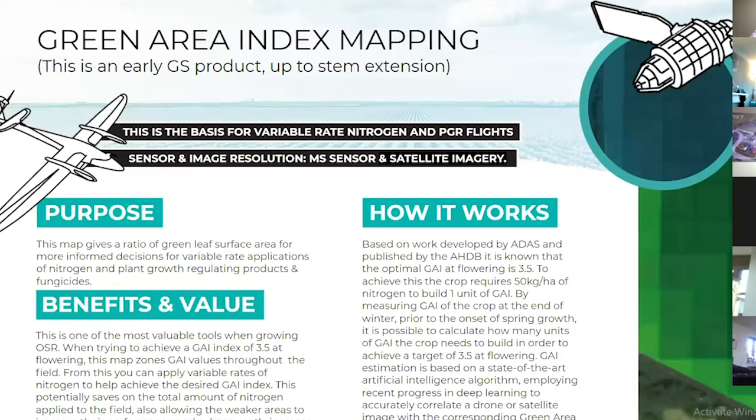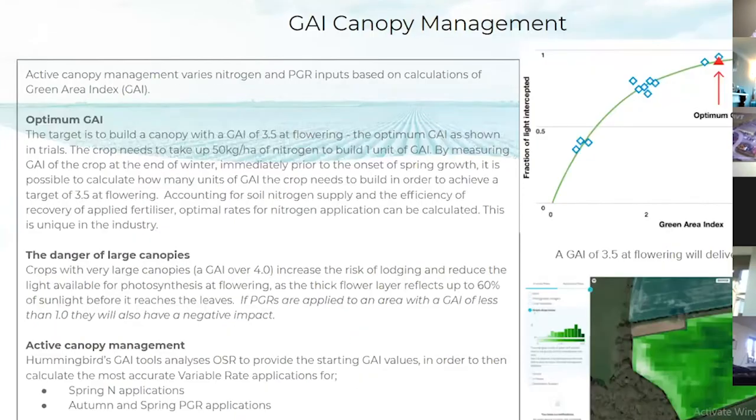This is just breaking down a lot of the science and the GAI canopy management everyone is aware of, but it's looking at what is needed to build that canopy up to 3.5 at flowering. What our tool allows you to do is monitor the oilseed rape throughout the season, and especially over the winter months as we come into the onset of spring growth, and